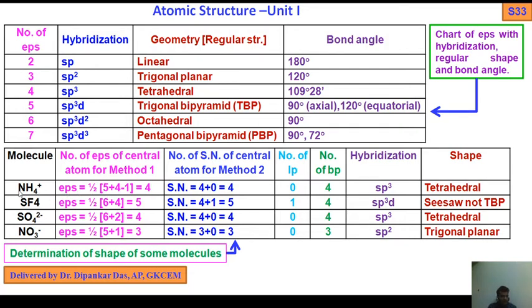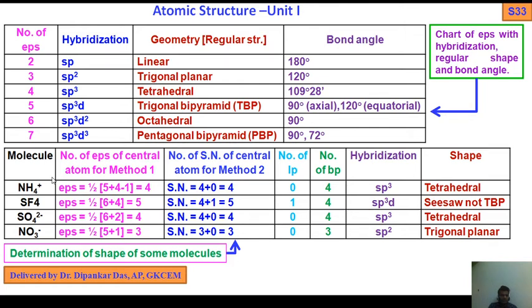Five is the valence electron of nitrogen, plus the number of univalent atoms (hydrogen, halogen). Here hydrogen is present, that's why plus 4. It is a cationic species, how many cation charges? Plus 1, that's why minus 1. That is 5 plus 4 minus 1, that is 8 by 2, that is 4. Okay. So out of 4 EPs, how many bond pairs? There are 4 hydrogen bonds with nitrogen, that is 4 BPs. Number of BPs 4, number of LP 0.